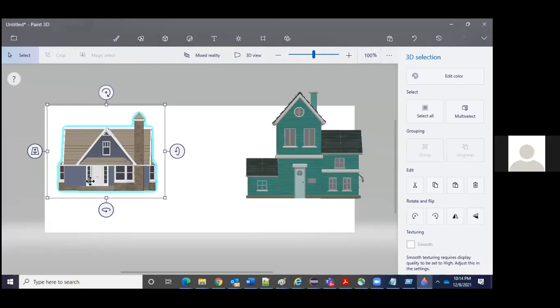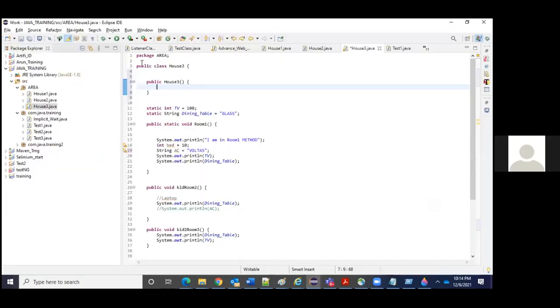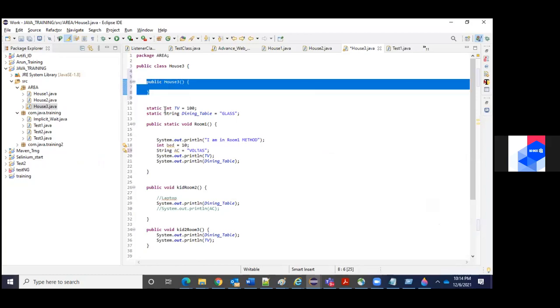So if a person is constructing a house, by default, the first mandatory thing to go into the house is that there should be a door. You don't need to tell the realtor, boss, can you put a door there, as a specific requirement, right? By default, a door would be there for a house, correct? In the same way, for any class, by default, there should be a constructor. If you define it or if you don't define it, there should be a constructor.